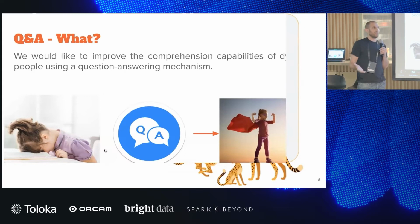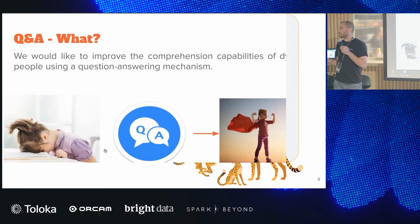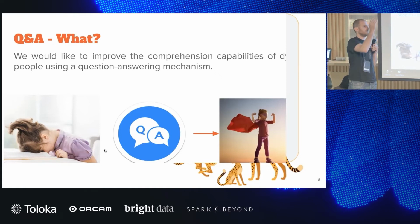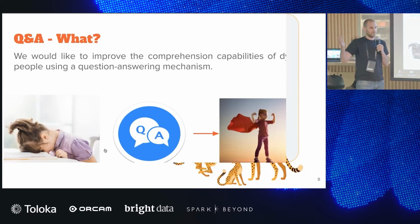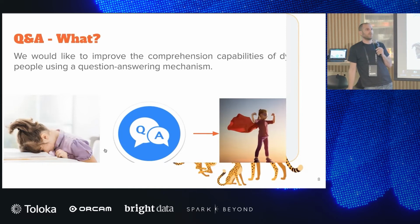One might ask, why question answering? The answer is quite simple. Text is all over the place, right? It's written there, Spark Beyond, Exit Sign, there is text. It's all over, right? So we can think of many cases where retrieving data from text